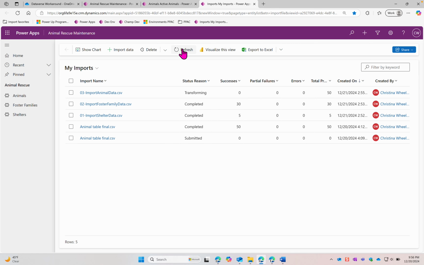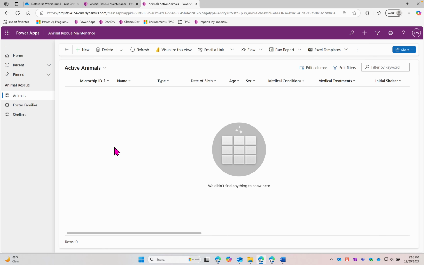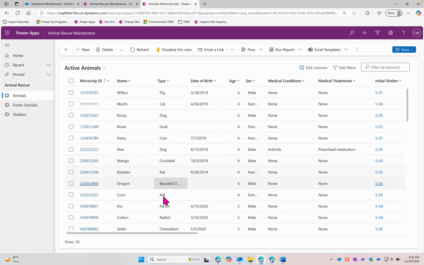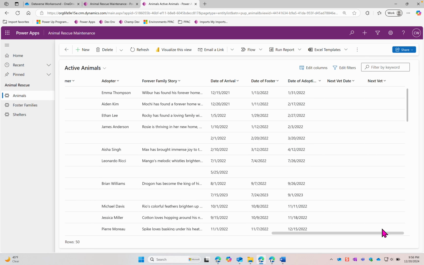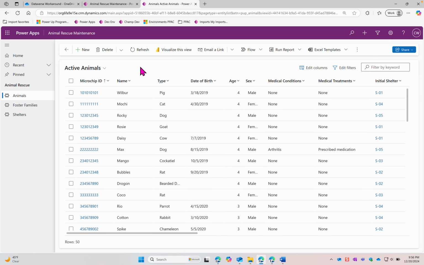It's going to go ahead and transform. Importing completed. No errors. Go back to your model-driven app. Refresh. And now your animal table has been imported in successfully. And now you should be able to go ahead and move forward with continuing on your model-driven app and building